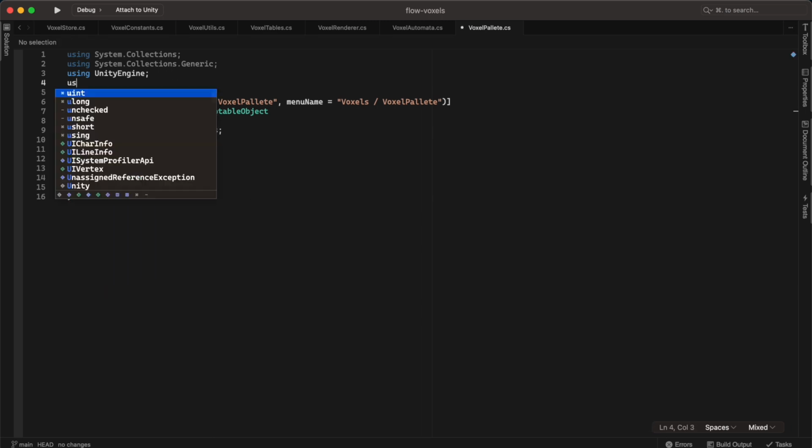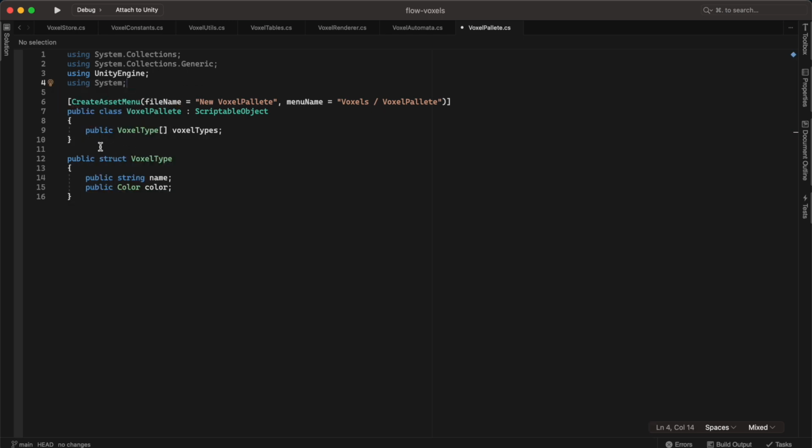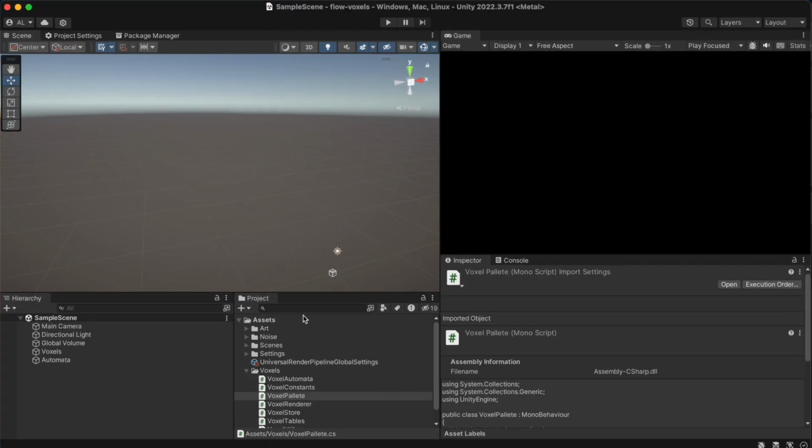And then we also need to add using System, and then we need to add the Serializable attribute to this struct so that it actually shows up in the inspector and it can serialize the voxel type. All right, so now if we go into Unity,